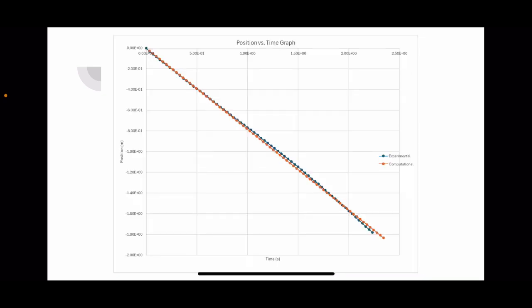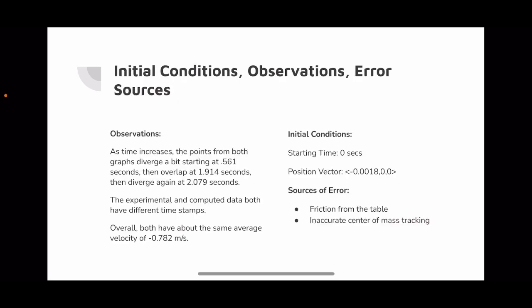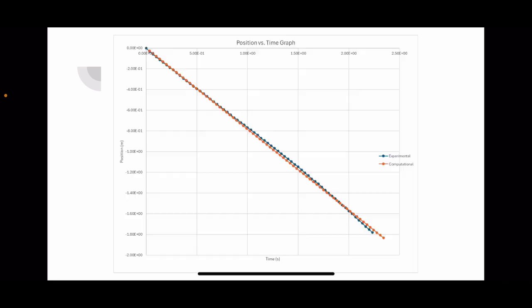And with the points at the bottom, as well as the points from Tracker, I put them both into an Excel spreadsheet and created a position versus time graph showcasing them both side by side. We can make a few observations from this graph. As time increases, the points both diverge, starting at 0.561 seconds, overlap again at 1.914 seconds, and then diverge again at 2.079 seconds. This kind of goes to show that as time increases, the variance in the points of the